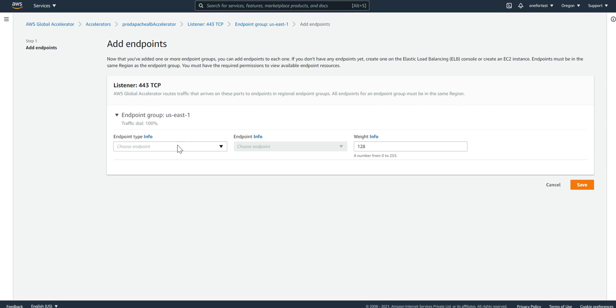If you want to add another endpoint here, you can just click on add endpoint. Here you can choose whatever you have as an endpoint. You have another application load balancer, network load balancer, EC2 instance with public IP or elastic IP address, right? No, we don't need a public IP address here actually, because the accelerator uses the private IP address to route traffic from your accelerator to the endpoint, right? It does not use the public IP address. So your backends, your instances or application load balancers, those are safe. You will not have to expose them using a public IP address.